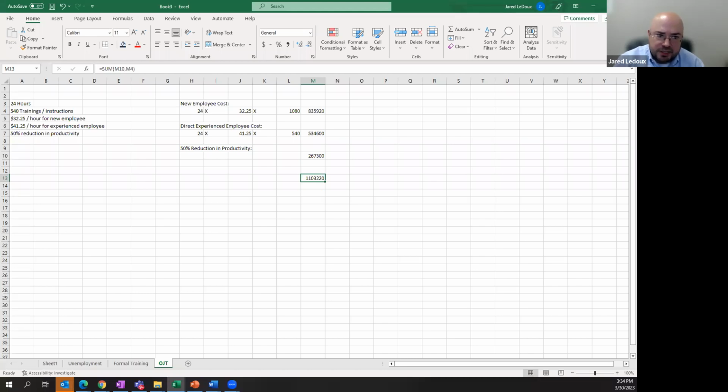So your training expenses are going to be the employee equipment and employee orientation, instruction in a formal training program, as well as the instruction by employees assignment or on-the-job training. Going through each one of those 3, adding them together will get you your training costs. So now we've got our placement cost, our separation cost, and our training cost all calculated. And that 4th element is going to be the difference in performance. And so the text is going to go over the difference in performance and talk a little bit more about